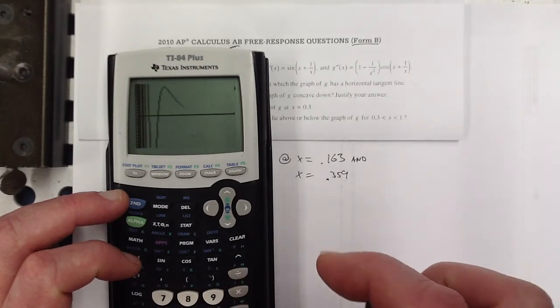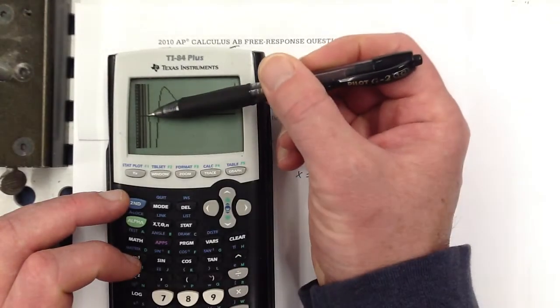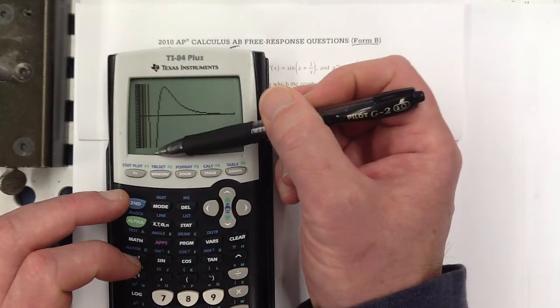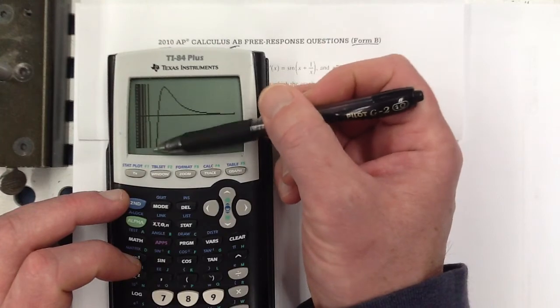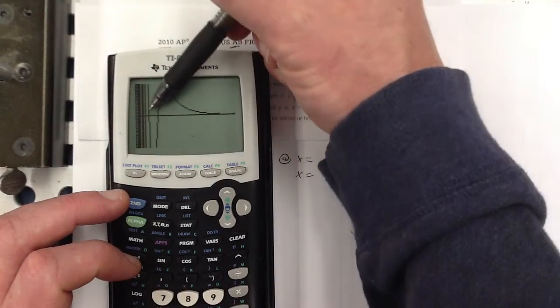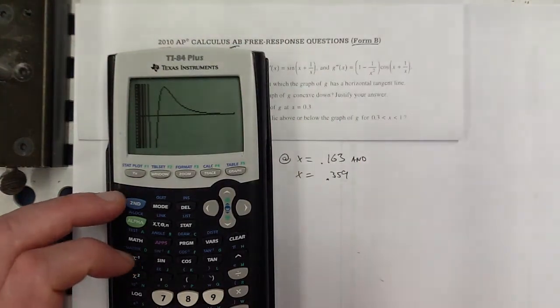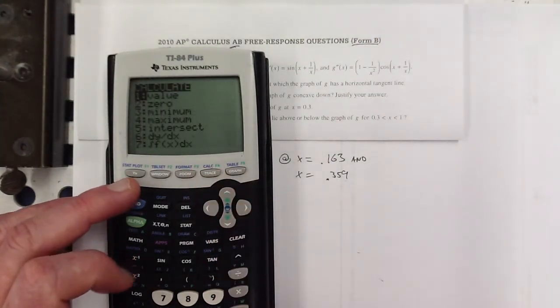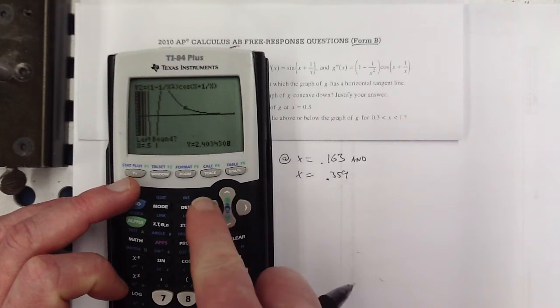Woo, there's some crazy stuff going on there. So this graph here is negative in here. And I think I better make sure to check where that crosses right there. So second, calculate, looking for the 0, and